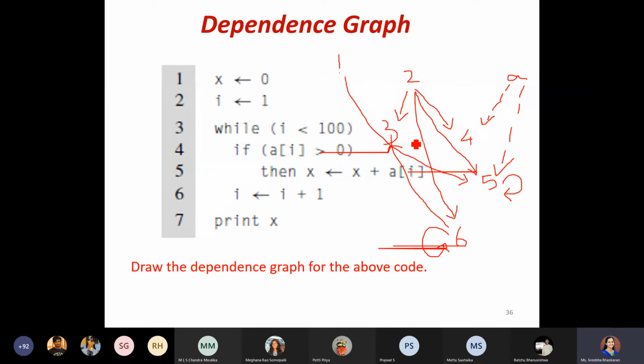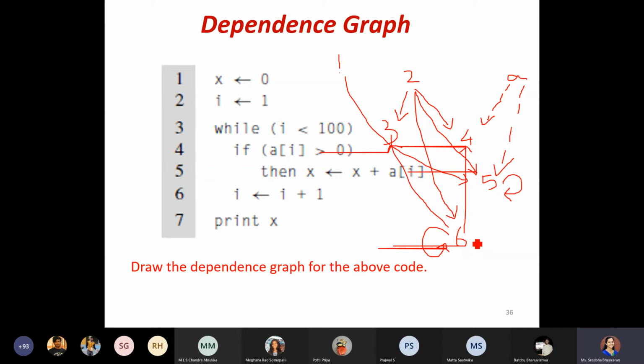Again, A of I: when you say newly updated value, you have to get I, not the previous one. So you will have an arrow pointer. You will have another arrow, which is that node 4 is dependent on the content you have recently updated in node 6.